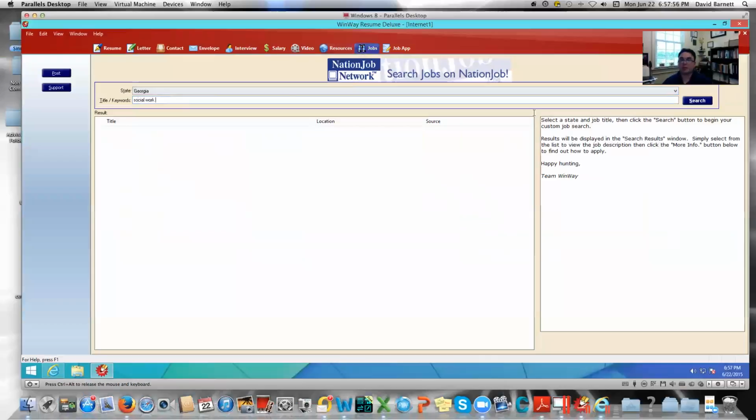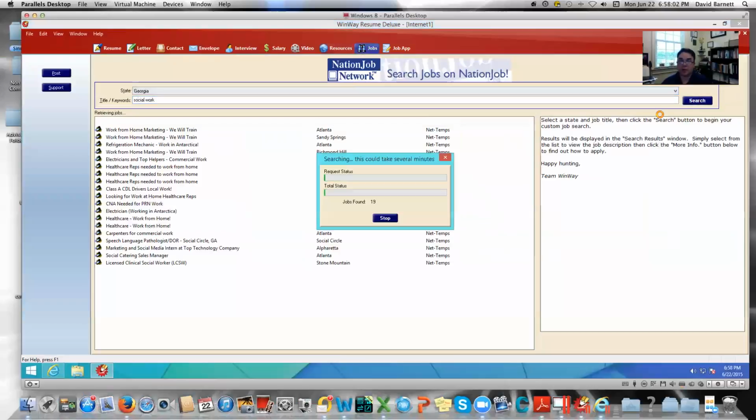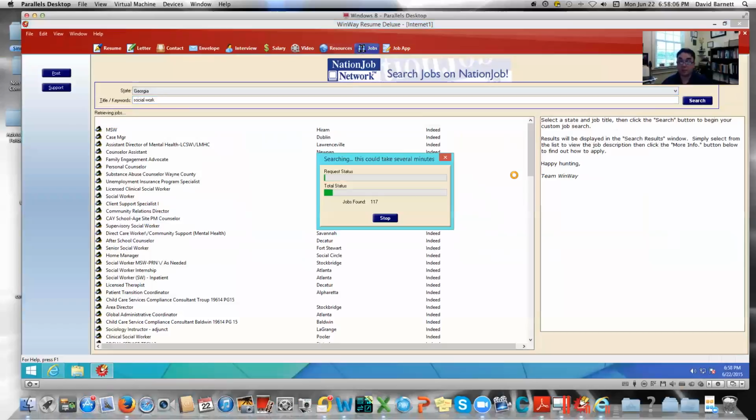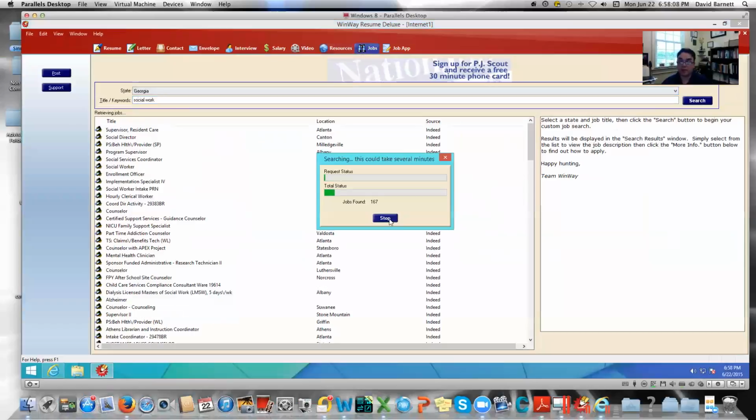It instantly connects to the internet. It taps into at least 3 or 4 different job search engines and does the work for you. It instantly pulls from those resources, and it'll continue on for quite a while. You can stop it at any given time, but I would recommend you let it go through its complete cycle. But it'll pull those resources within, I believe, the last week, and I'm going to stop it just for training